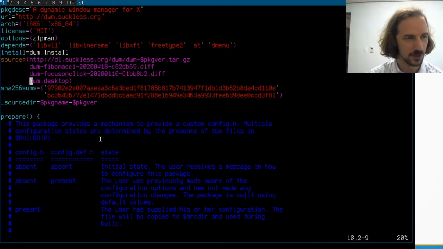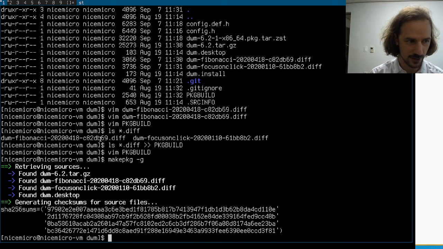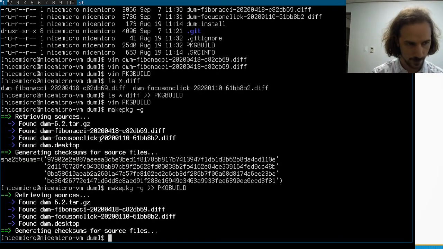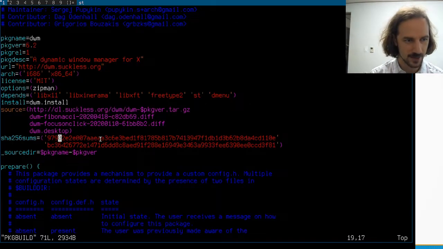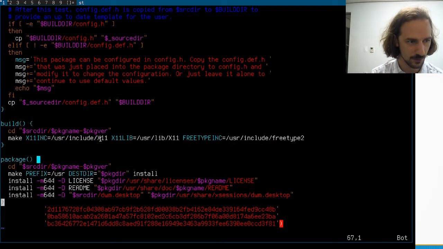So now I have all these 4 files here, and I only have the checksum for 2 of the files, so I need to add the new checksum. So first I need to save and quit, and once I've saved and quit, this will be make pkg-g, which is what generates the new checksums. So let's just redirect it into the package build file. And so vim, let's edit package build, let's go back to the end here,